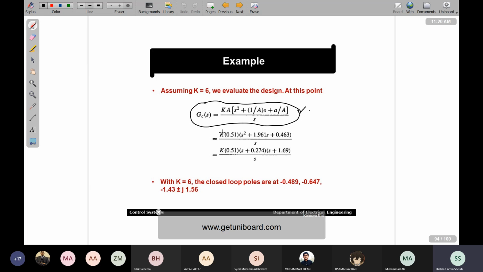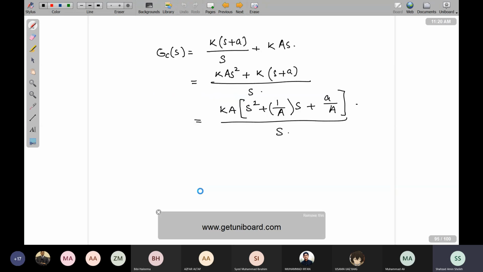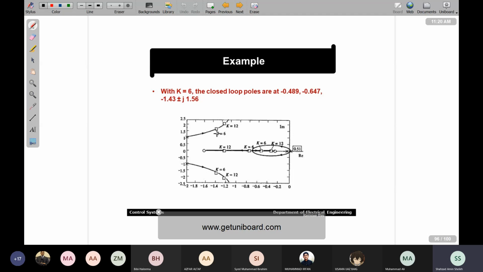और अब आपके पास k की वैल्यू जो है आपने assume की है that is equal to 6. A you have calculated 0.51 and 1 over A is 1 divided by 0.51. So you will be reaching a square plus 1.961 S plus 0.463 divided by S. So this is the situation and you have to see it for K. So with K is equal to 6, the closed loop poles जो हैं आपके minus 0.489, minus 0.647, and these are the closed loop pole locations. So this is the situation. K is equal to 6 पे आपके पास ये जो पोल्स थे आपके